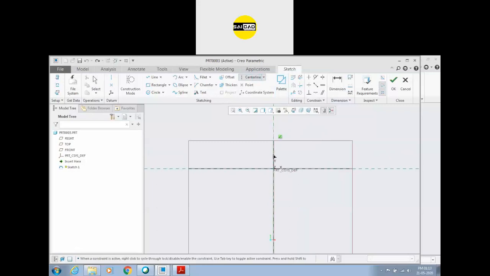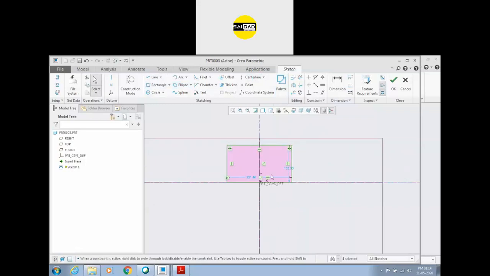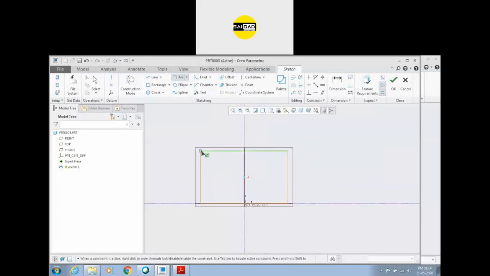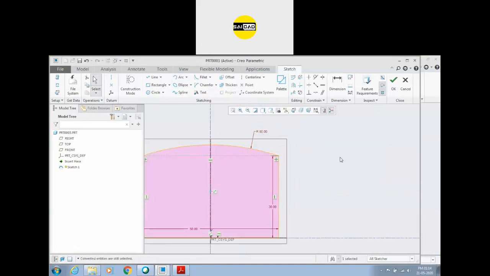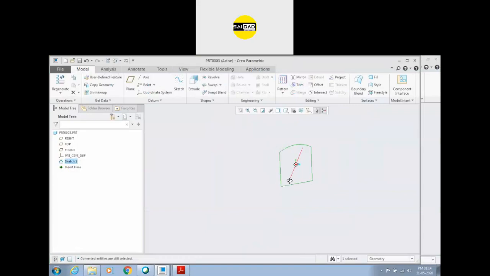First create some references, a rectangular shape like that with some gap, that is 50 by 30, and here is the arc with 80 radius and this line construction. So you want to create this with the help of the sweep command, and you want to add a path here also. Okay, in the sweep command we have the option, we just have to create the path first.